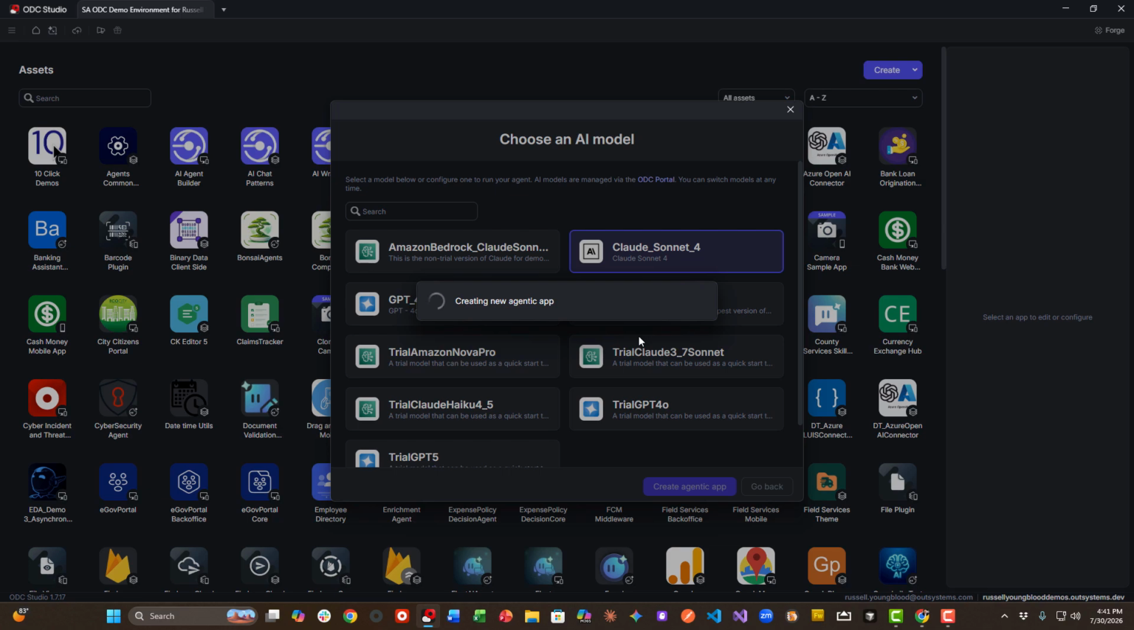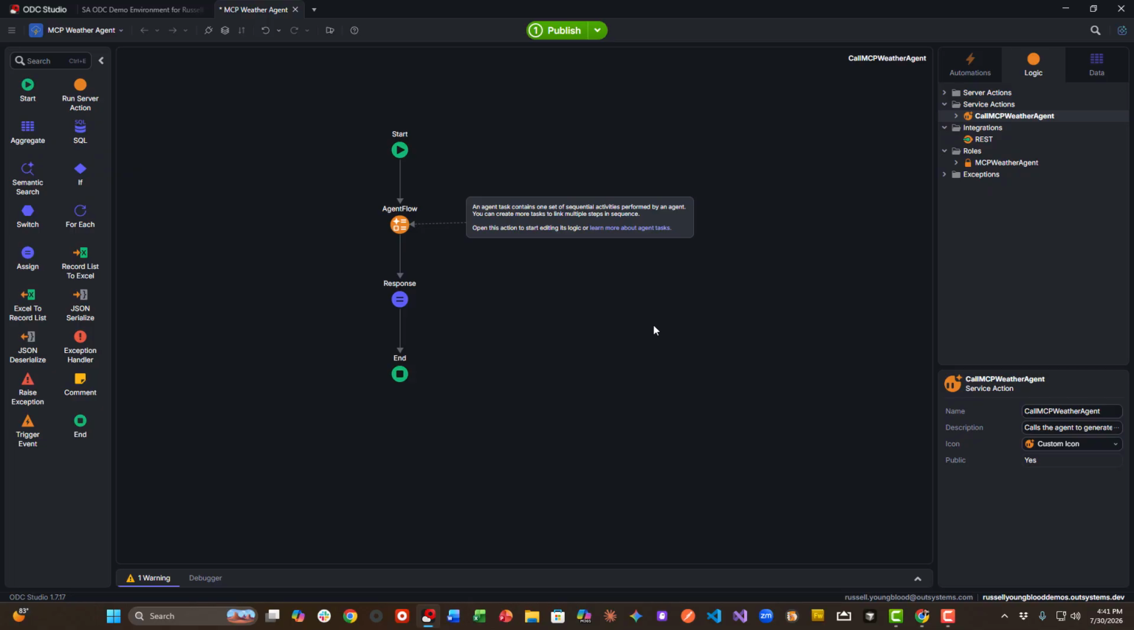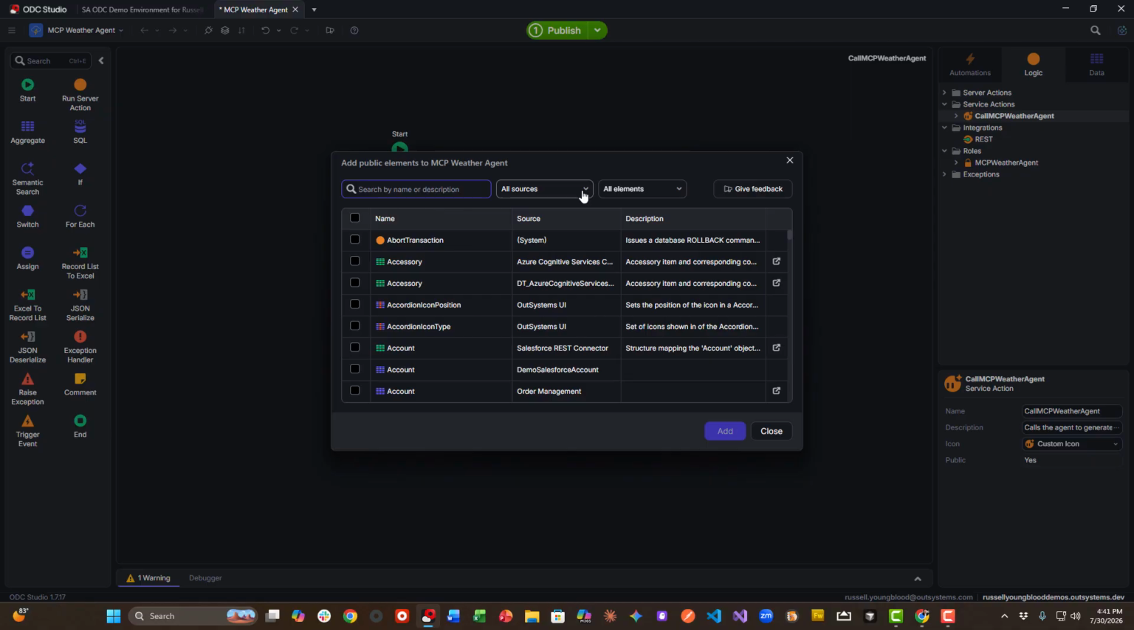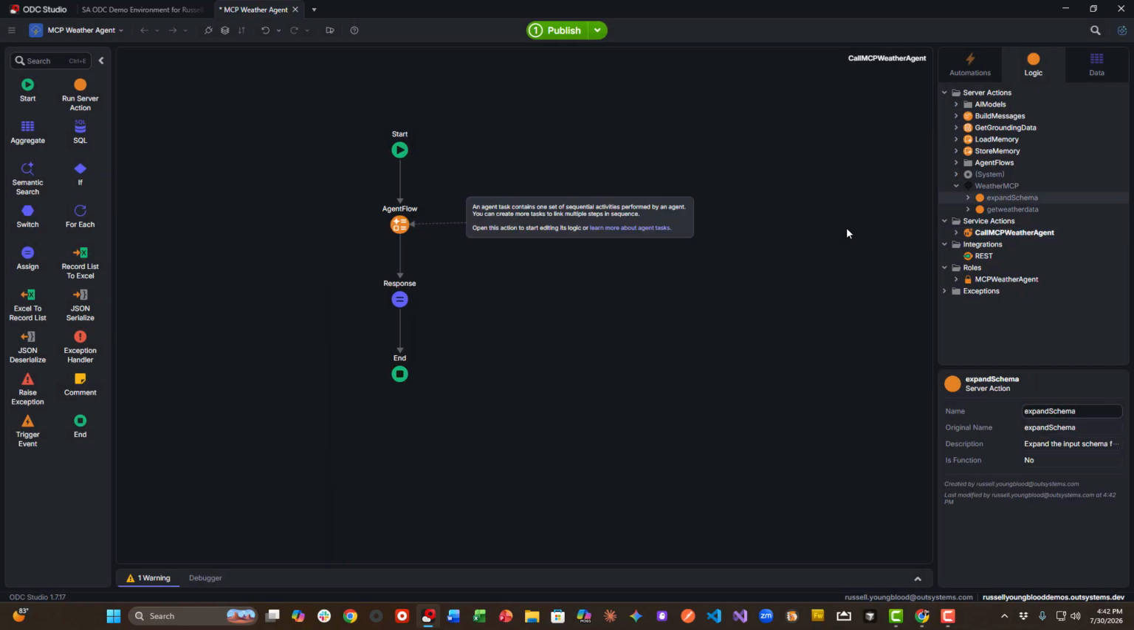So I'm going to choose Claude Sonnet 4 for this agent. And then once we have the agent up and running, we can go ahead and add, with the dependencies window, a connection to that MCP server. So here's where I'll type in MCP very quick and find the service actions that I need to work with. So I'll select both in this case, click Add,